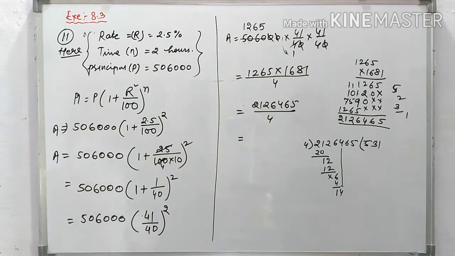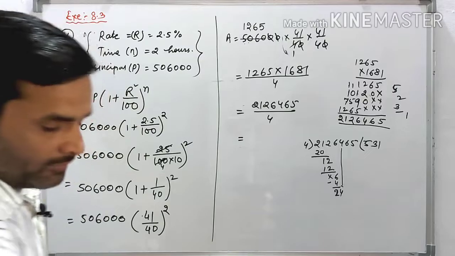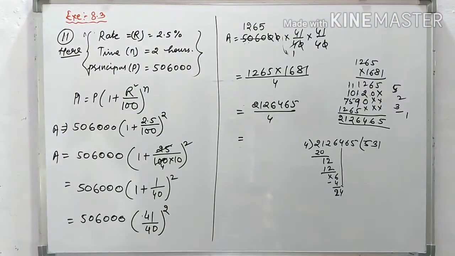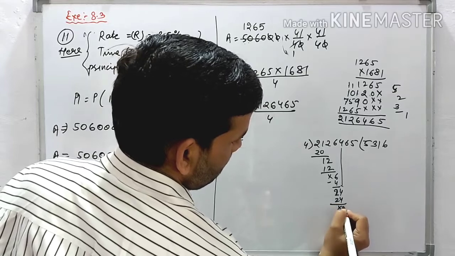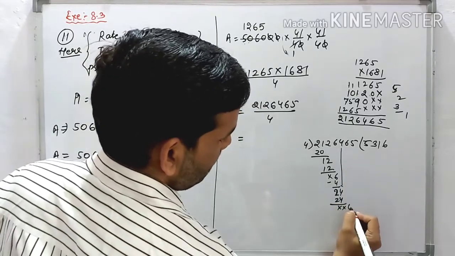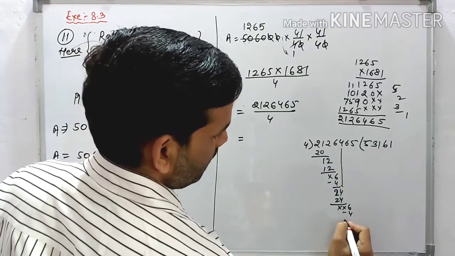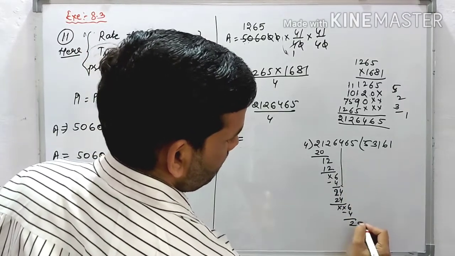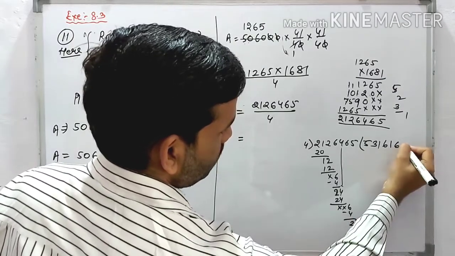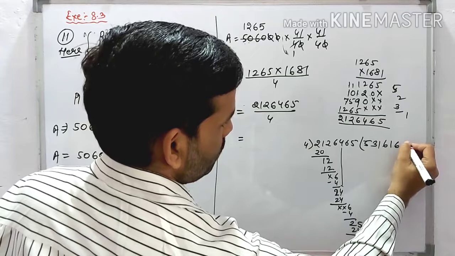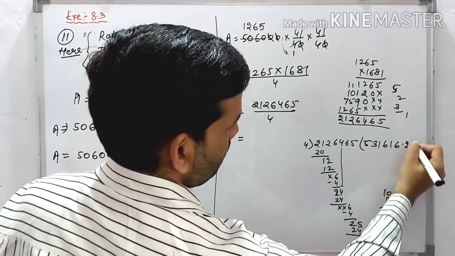Next number is 2 and 4 1s are 4. How many times? 6 times, that will be 6, 24, it cancels. Next number is 6 and 1 4 is 2, that will be 5. 6 times 24 is 1, that point 0, 2 times, that is 10, 8 upon 2, that is 0, 5.